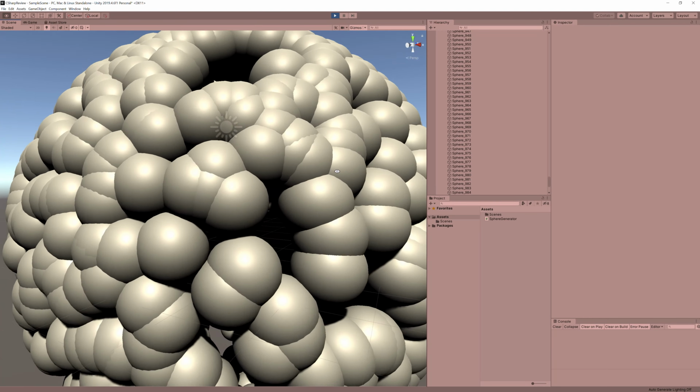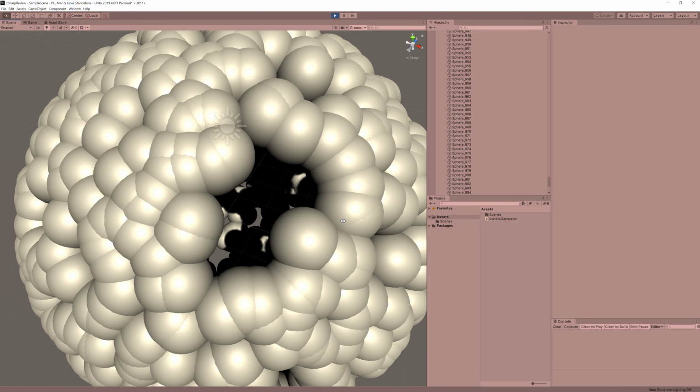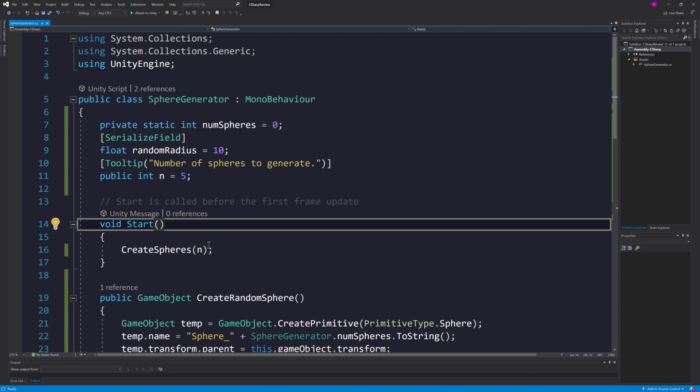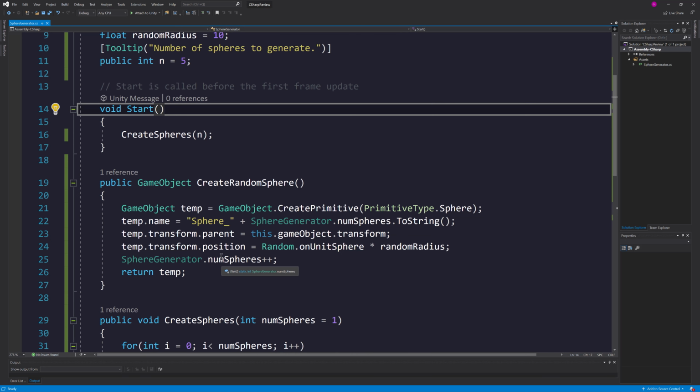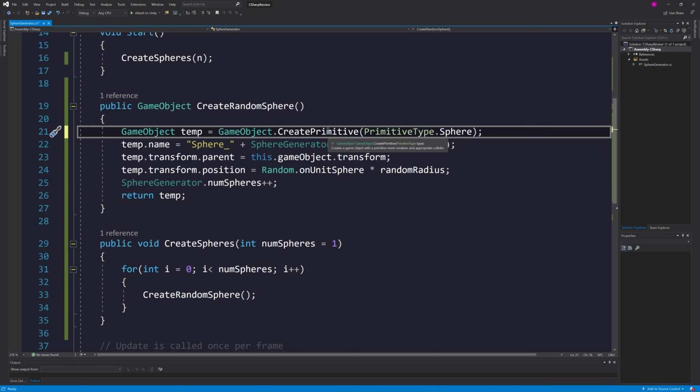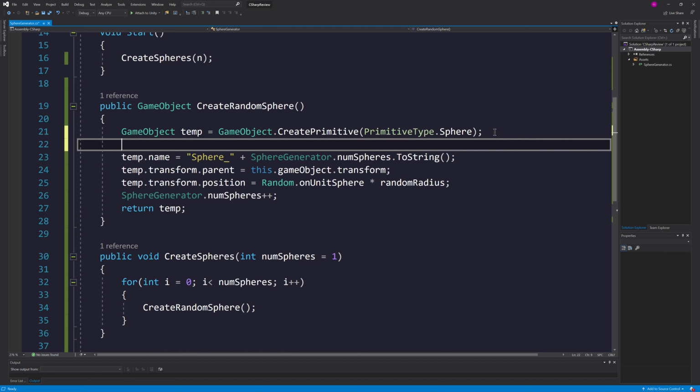Now this is nice, but it might be more interesting for us to learn how to edit the individual components of these objects, maybe make them a little bit more unique. Let's change the colors of the spheres as they're generated randomly. Now to do this, we're going to need access to one of the components on the object. When we used CreatePrimitive, as we saw, it automatically generated a mesh filter and a mesh renderer. To add components, we need to use the AddComponent method. To get access to the mesh renderer and mesh filter that are created, we need to use GetComponent. So let's do